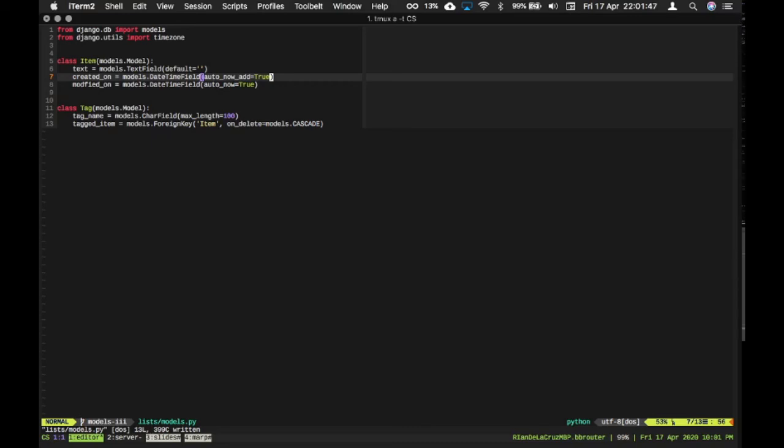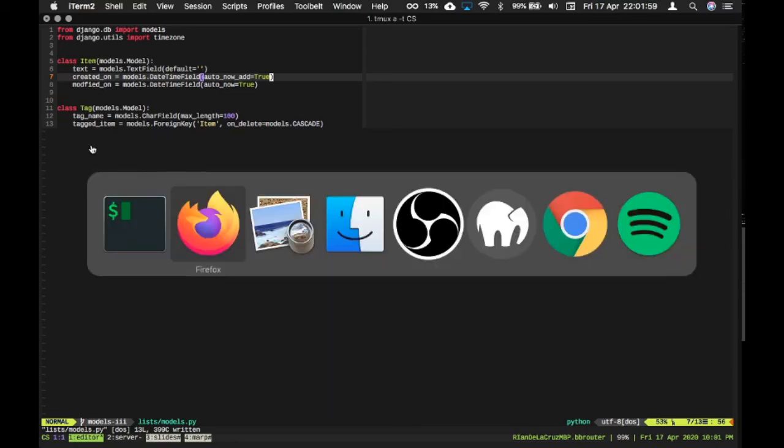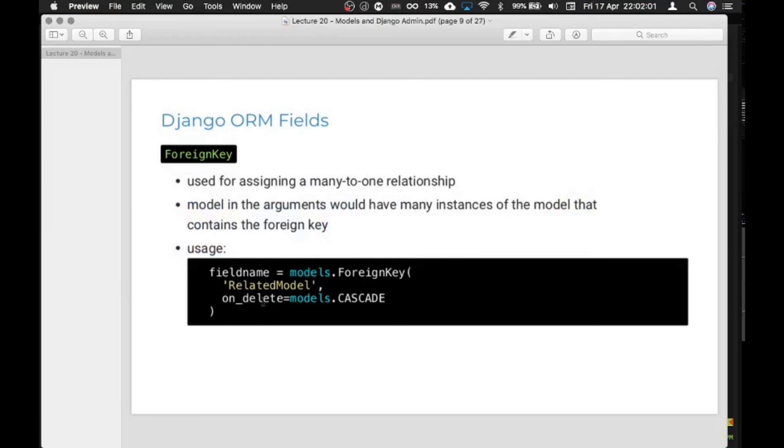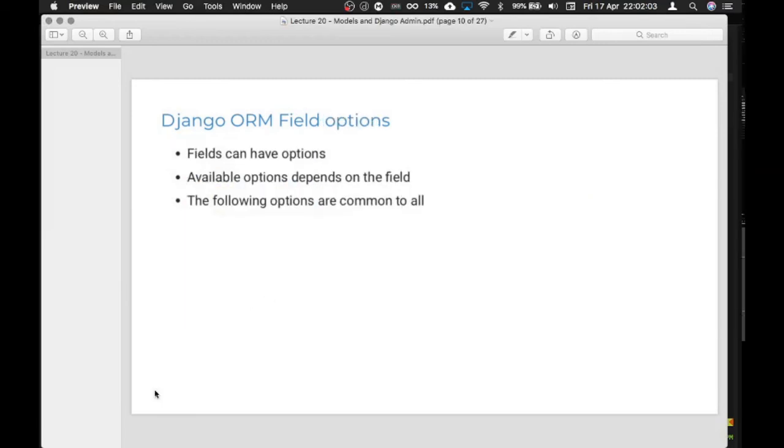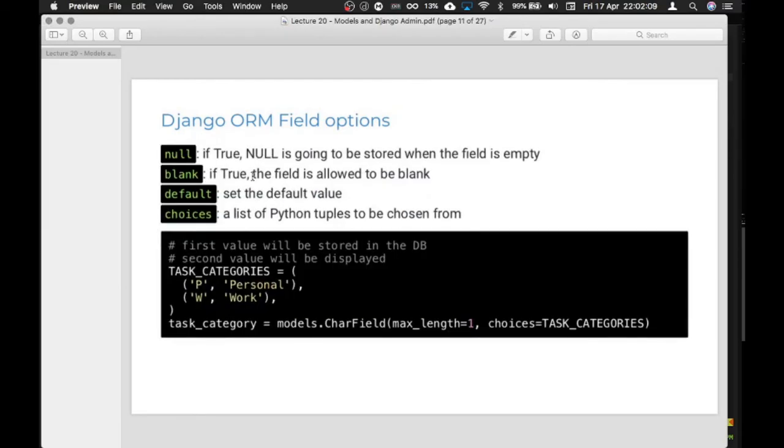So I've shown you what the different fields are that are available. Okay. Now let's continue with just looking at the options. So I've already shown you the options. There are just 4 that I wanted to highlight. You have the default, which I've already shown you. The null option,